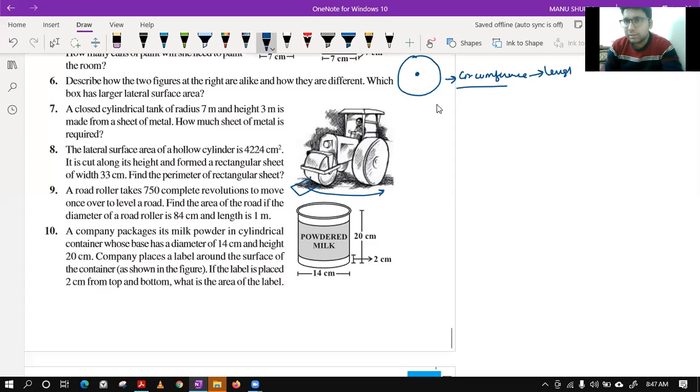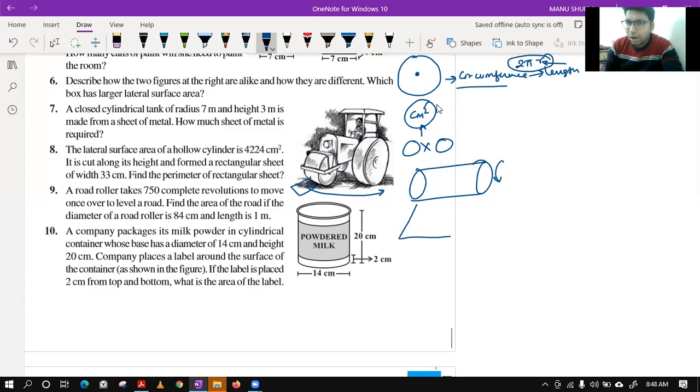This was the length covered because the formula is 2 pi r. Only one r is coming, so you will get something like centimeter or only meters. That is length. But area is always found in terms of meter square, centimeter square, and that is a hint. That is a hint that you have to multiply two lengths, then only you will get centimeter square. So this cylinder-like tire, when rotated once, how much area will it cover?